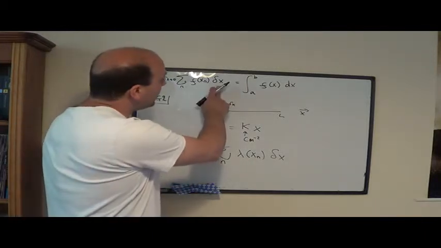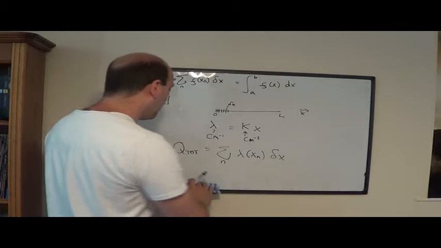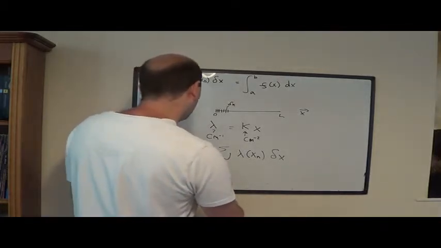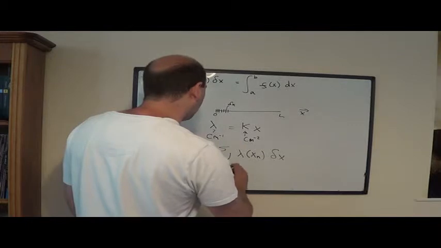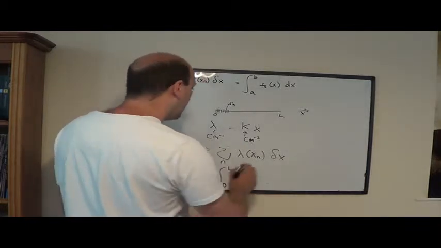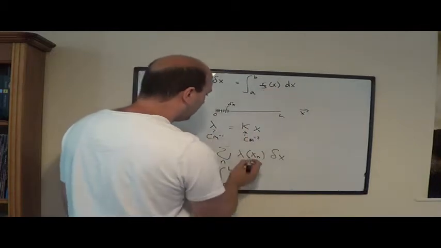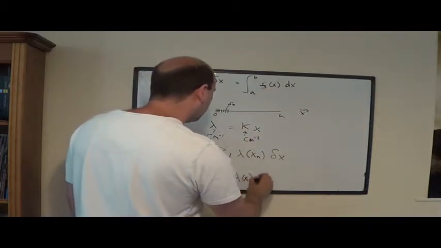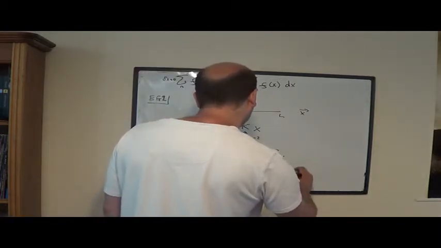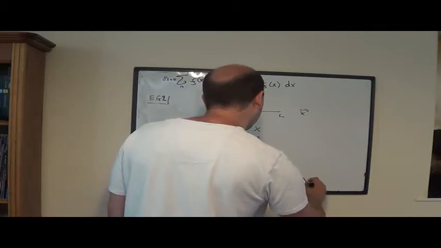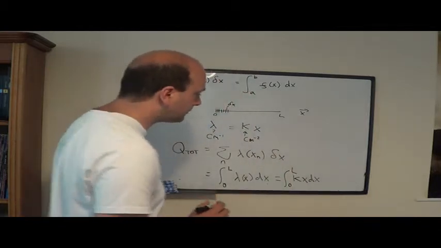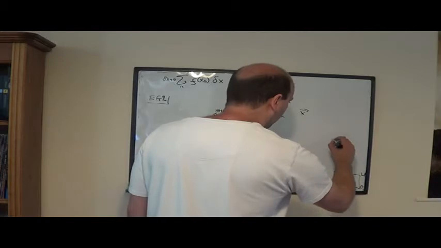Now I use this formula, taking the limit where delta x goes to 0, I learn that this is equal to the integral. Again, I'm interested in going from 0 to L in x. I now have an f of x n, which is lambda of x dx. And again, we can just now perform this integral. We're going from 0 to L of k x dx. And that is equal to k x squared upon 2 evaluated between 0 and L, and that's nothing other than k